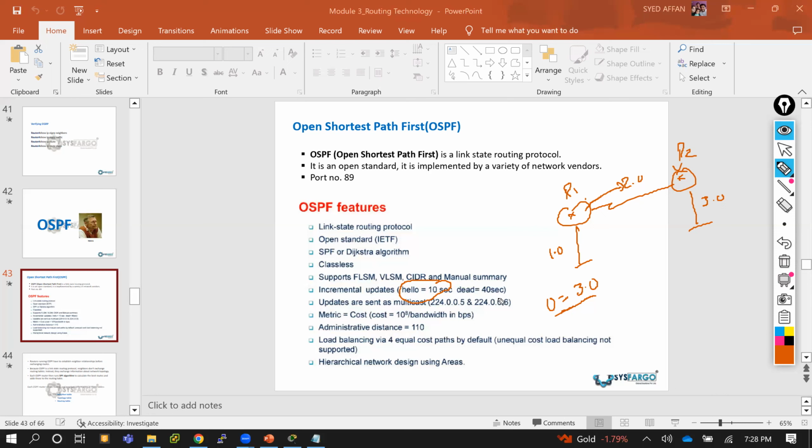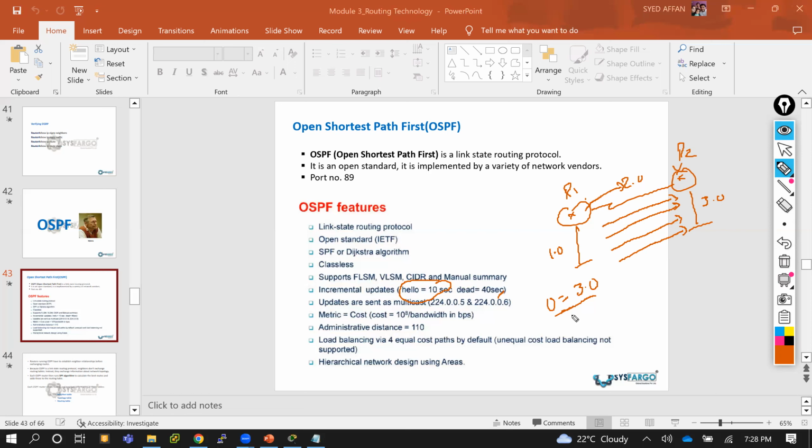Now the dead timer is 40 seconds. That means first I am sending the hello packet and I'm not getting any response. I'll wait another 10 seconds. Again I'm sending the hello packet, not getting any response. 20 over. Again I'm sending the hello packet, waiting, not getting a response. Again I'm sending the hello packet. So 40 seconds over. Within 40 seconds, if I'm not getting any reply, then I'll consider that the other